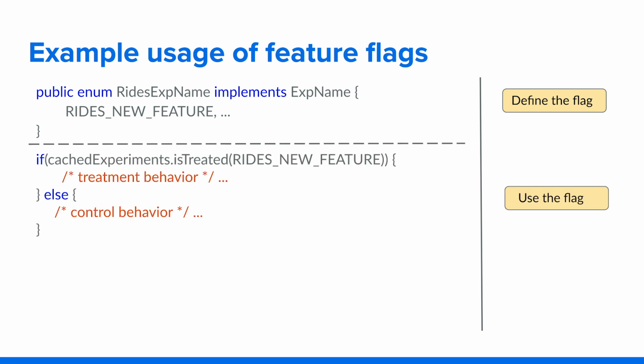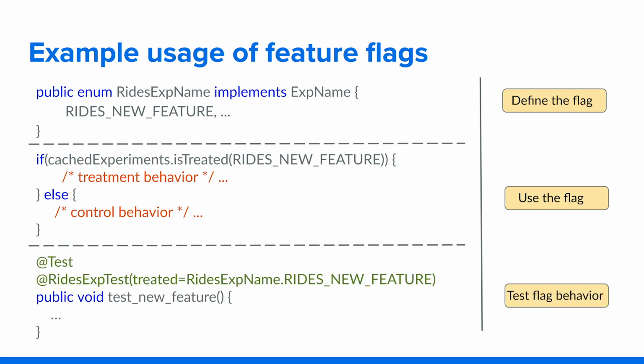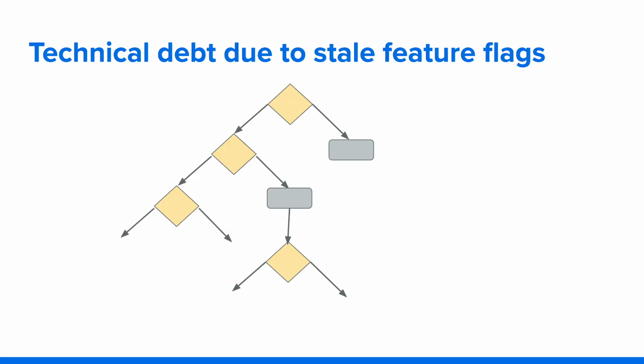To use the flags in the app, the developer needs to first define the flag. Then, use the flag as part of flag APIs and implement the corresponding feature. Then, unit testing is done to test different behaviors. When the purpose of the flag is accomplished, it becomes stale. For example, when a flag is rolled out globally, the flag becomes stale as only one behavior is exhibited for all users. Not removing the code related to stale flags can introduce technical debt for the engineering organization.